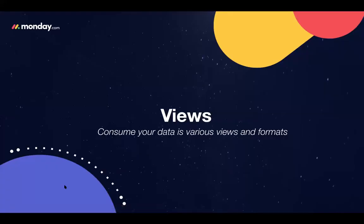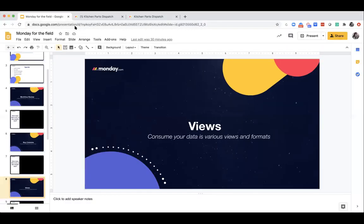We're now going to talk about the views, okay? On the mobile app, we recently released the ability to interact with board views. The idea of a view is that you're able to consume your data in various formats and various views. So let's go ahead and jump into the platform where we'll talk about